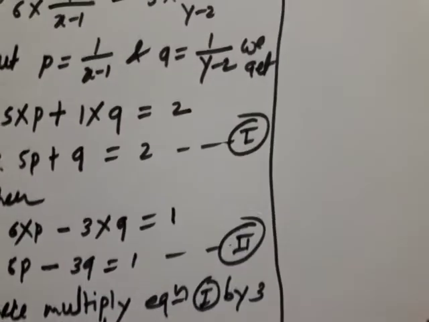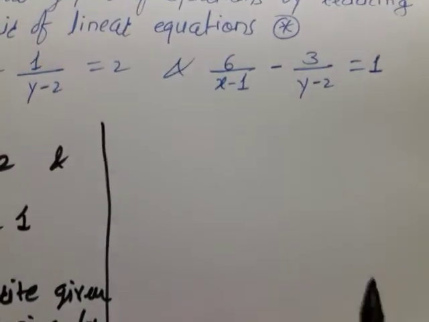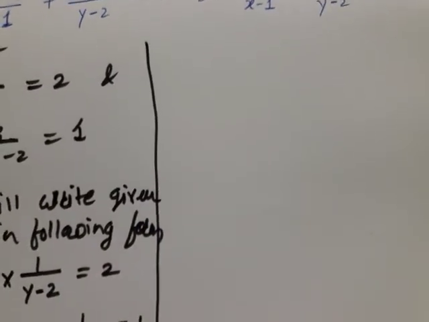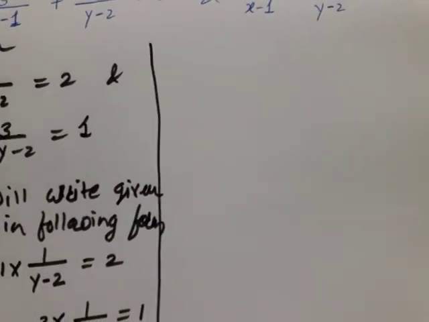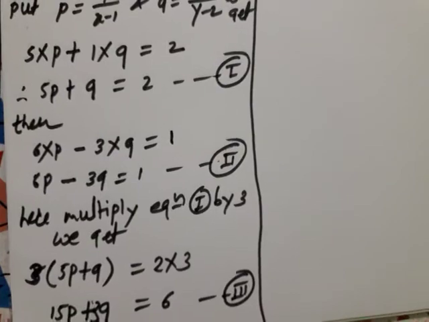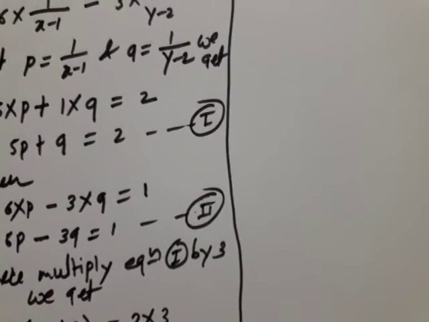Eliminate, and we will get the value of p. For that purpose I am going to write here. Look, you will come to know that. What is our next step? Got idea? Okay, then our next step will be, we will add which two equations? Look here, equation 2 and equation 3. Okay, add equation 2 and 3.